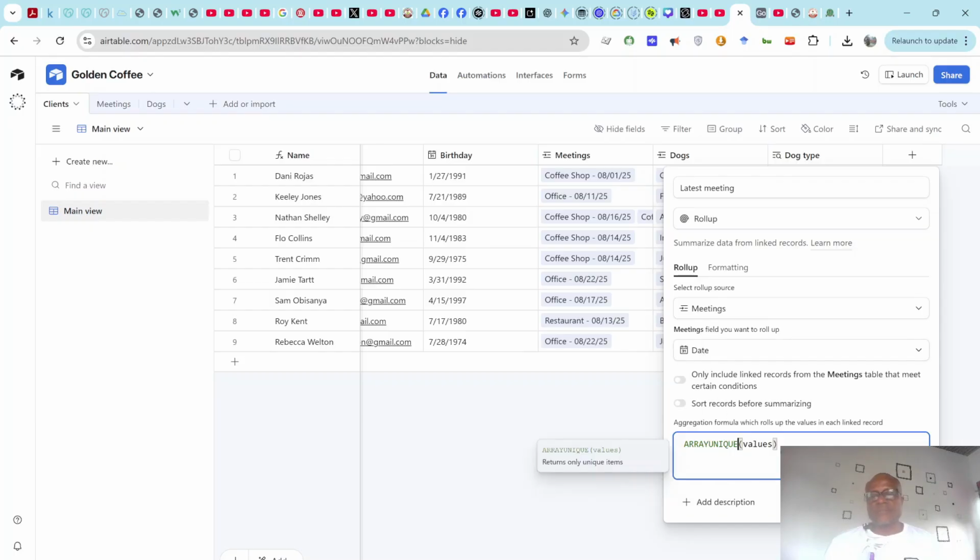So we're looking at dates, but we are going to look at the highest date. So we can use the concept of max. So what we have here is array unique, which returns only unique items. We don't want that, so we remove that. So let's look at max now, and then that is all. Create field,